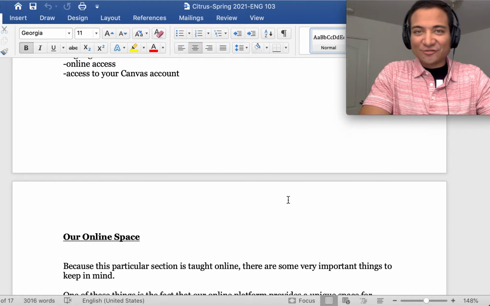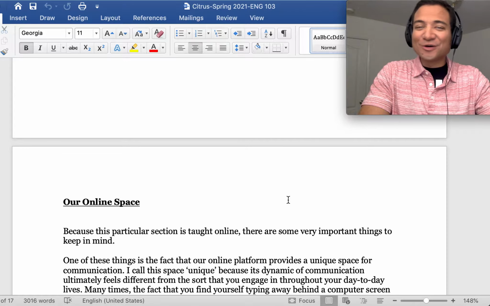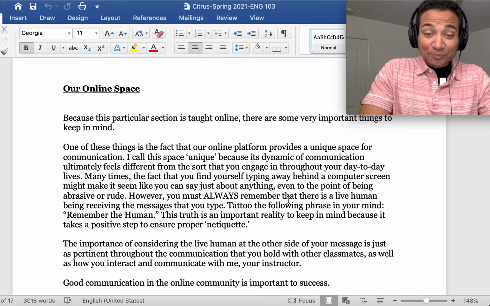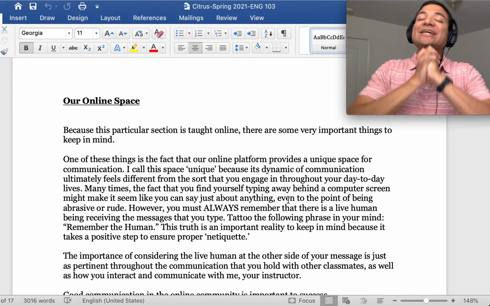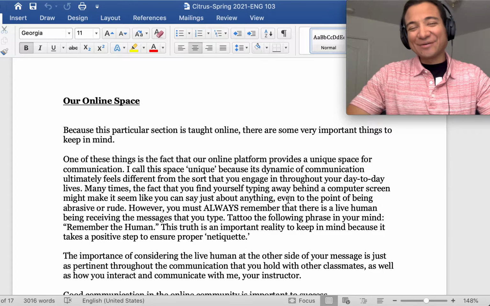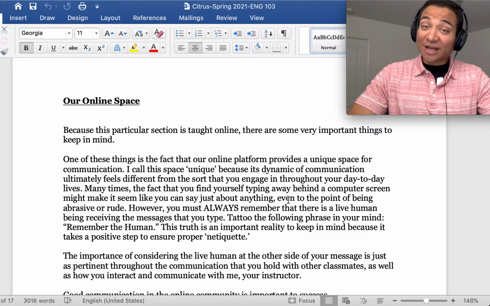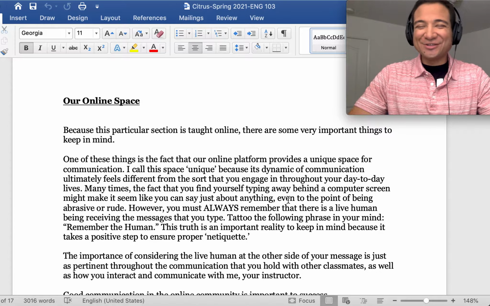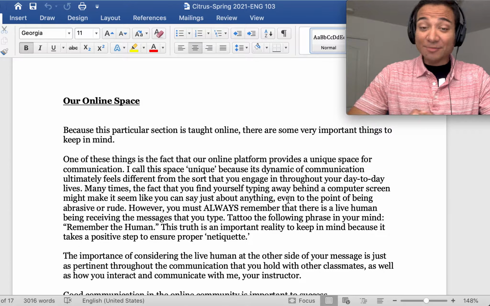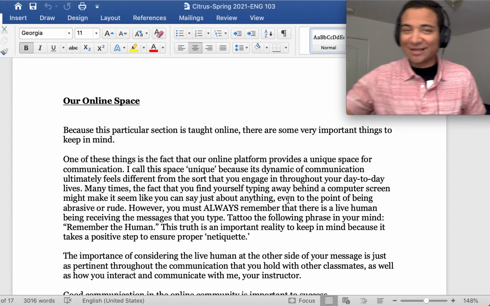In the section for text here, and even in the welcome letter. Okay, our online space. When we are online, it's so easy to forget that we're actually interacting with real life people. They're not just disembodied avatars or disembodied usernames. We are all people. And to remember netiquette, which is net etiquette,